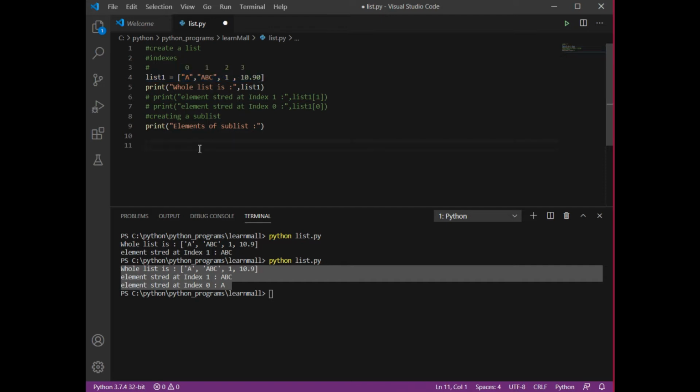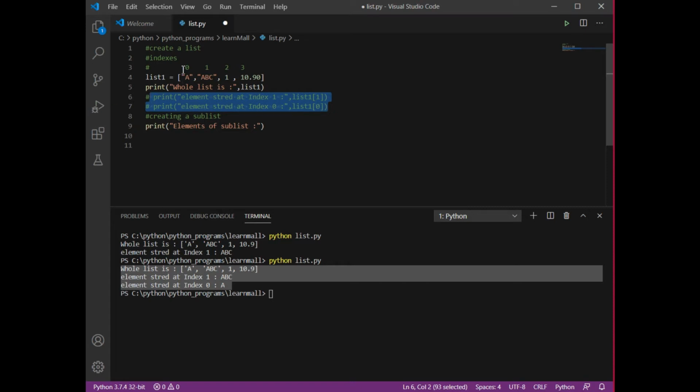So first of all I need to understand which value I want to print. Since your list is a sequential data type, you can move in a sequenced manner. I cannot say I want a value that is stored at index 1, then a value stored at index 3. That you can do by specifying them in different lines. But if you want to have a sublist, your sublist consists of consecutive elements. By consecutive elements I mean the neighboring elements.